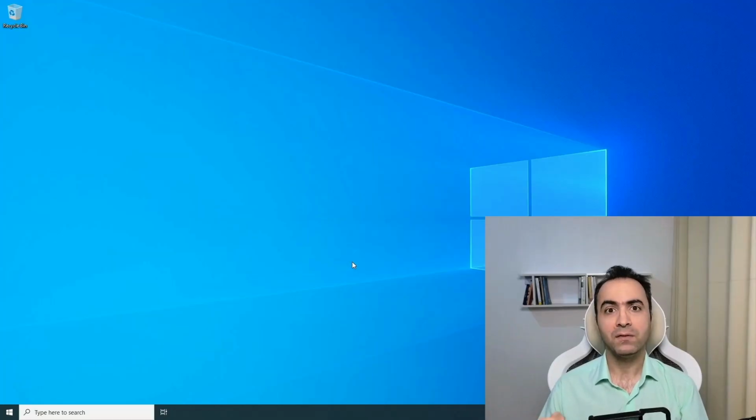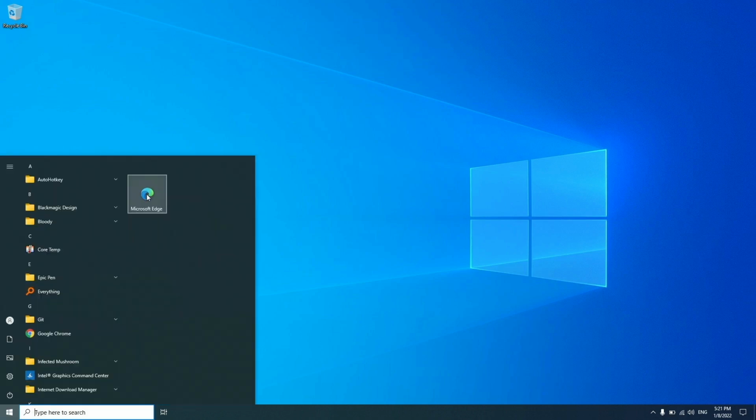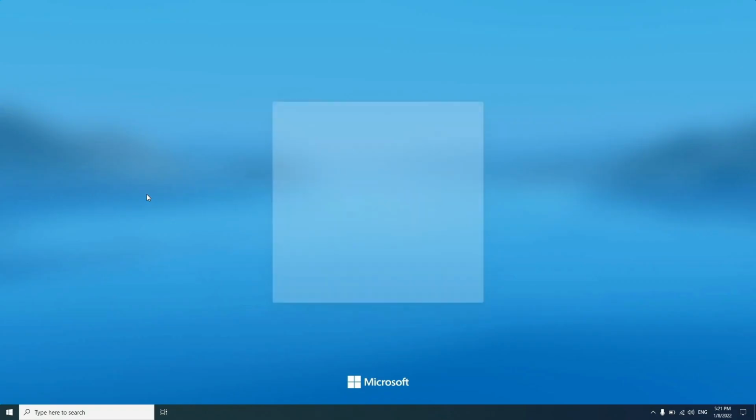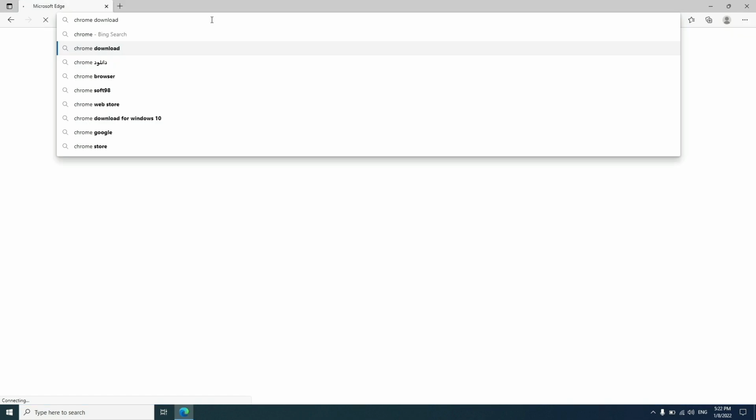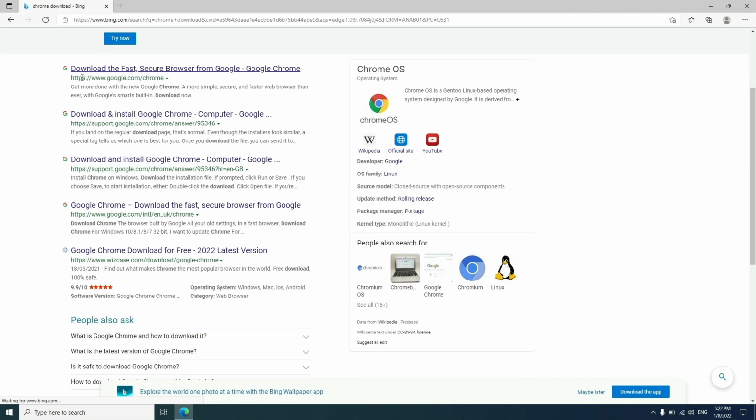If you are using Windows operating system, watch this lesson to see how you can install all requirement tools for development in this course. Let us start by installing Google Chrome. Open your default browser. I'm using Microsoft Edge on Windows. And type Chrome download on the address bar. Then select this address,